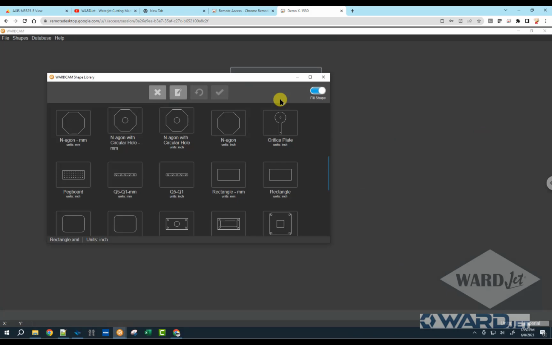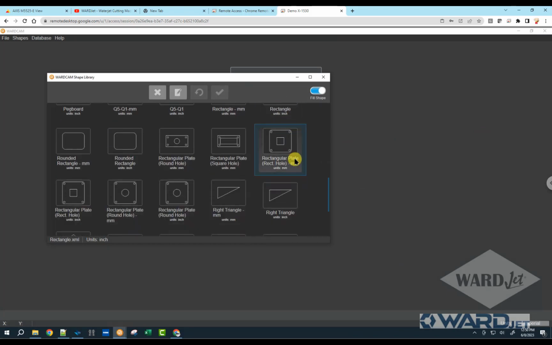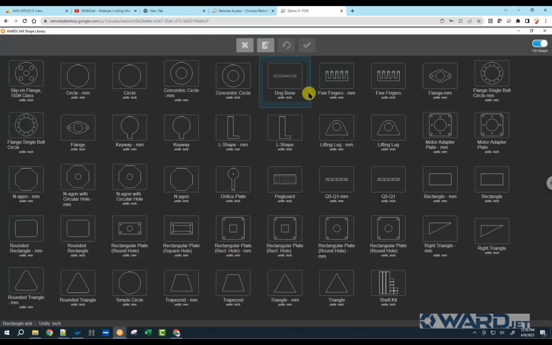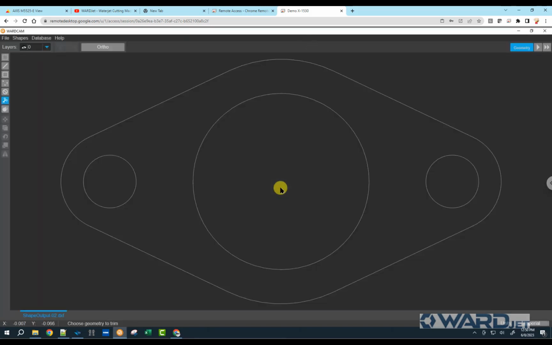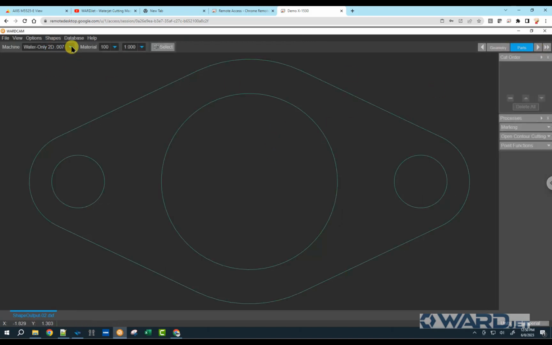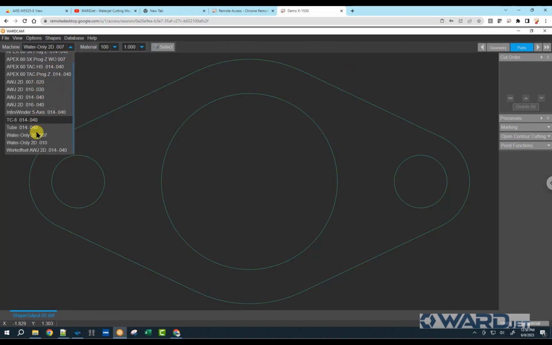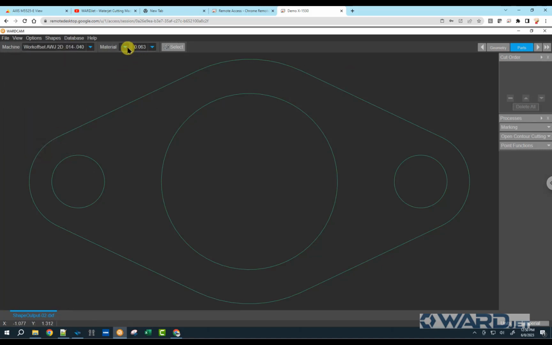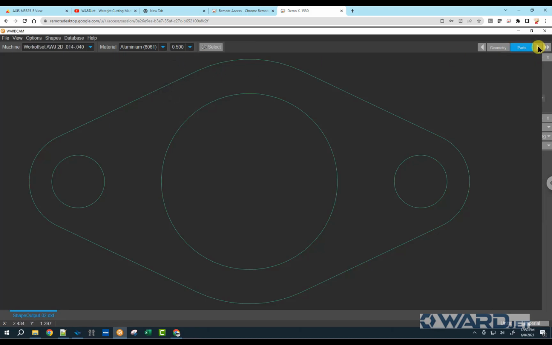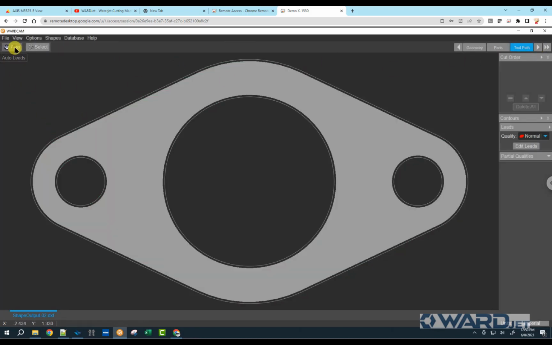and we'll just take a part out of our shape library. Top right hand corner, hit our next button, machine. I should have my new work offset machine here, and I've got some 1/2 inch aluminum on the table right now, and we'll just do auto, hit our next button,